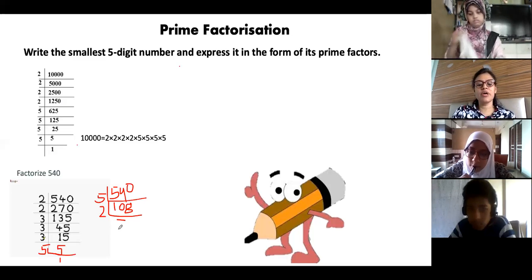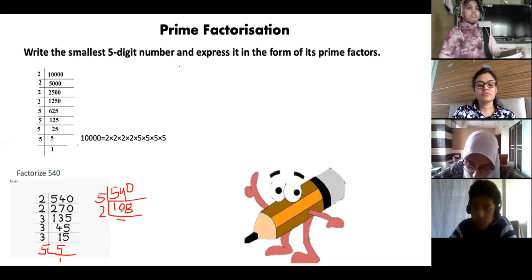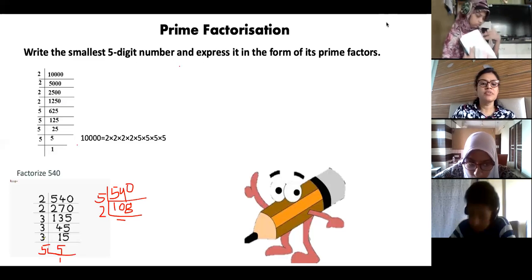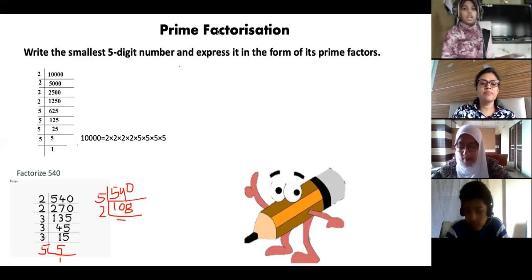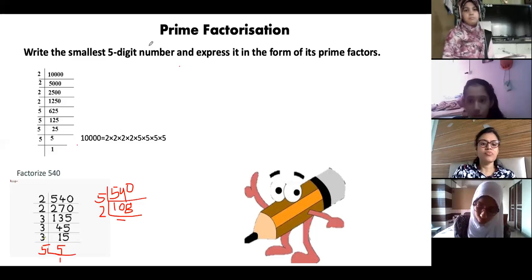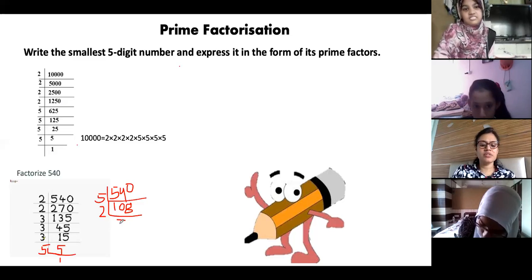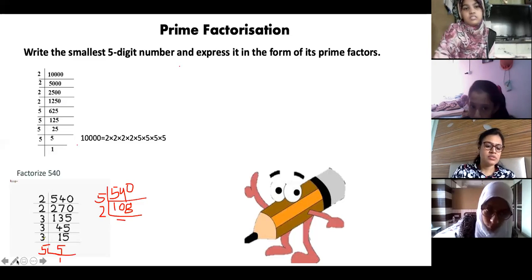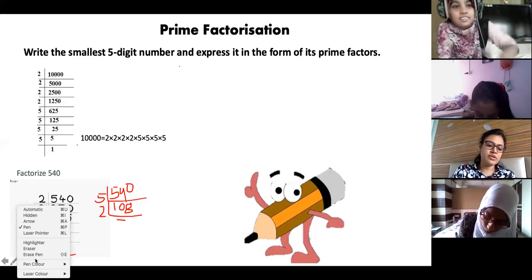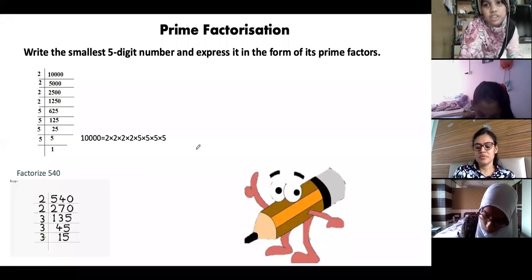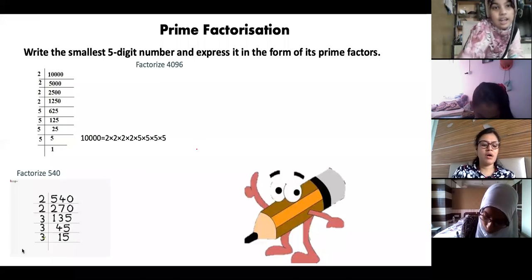Okay, now you will go. Ma'am, I got 2 square into 3 cube into 5. Yes, this is the correct answer. Everyone has got this answer? Safia, did you get this answer? Amina? I'm still doing it. So do this question. Any way you can do. You can start with 5 also. You can start with 2 also. I started with 2. I already finished it. I did with the first one.